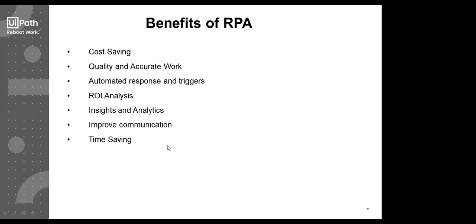Insights and analytics. The analytics and insights could also be done with the help of robots. If the robots are operating on the data and doing the analytics, then it is more accurate. The information which could not be extracted earlier for a number of reasons, or if a human has to extract certain data from millions and billions of records, it is very difficult and even impossible, but the bot could do it easily. And if the insights and analytics are accurate, then obviously you would not be getting any false analytics, and the decision making would be accurate.